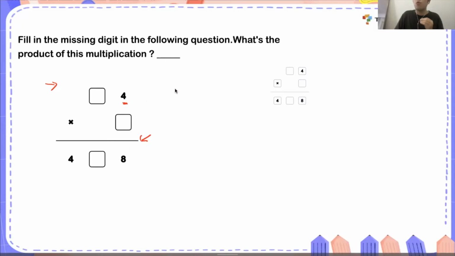How many options? We only have 2, right? 4 times 2, we have 8. 4 times 7, we have 28. So if we put 2 here, can we use a 2-digit number times 2 to have a 3-digit number starting with 4? You should think about this question. Obviously not. So that means we should have 7 as